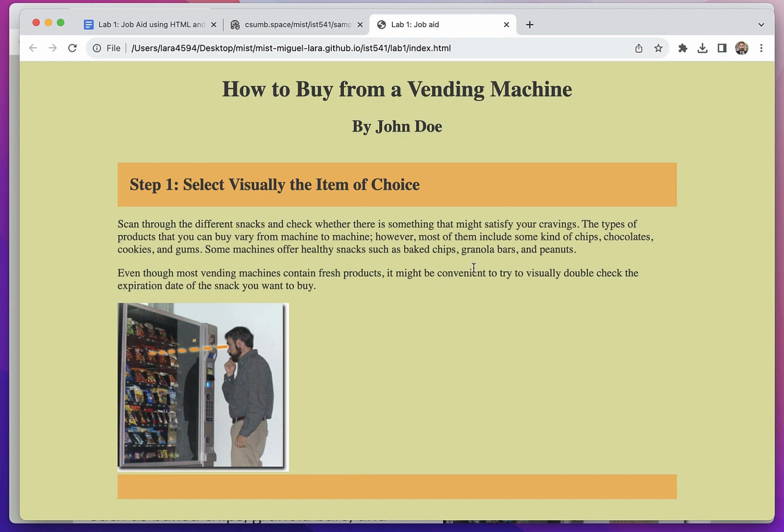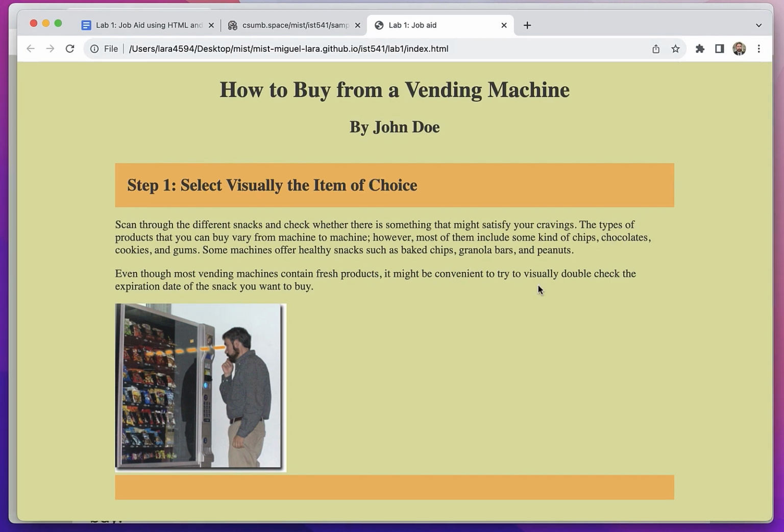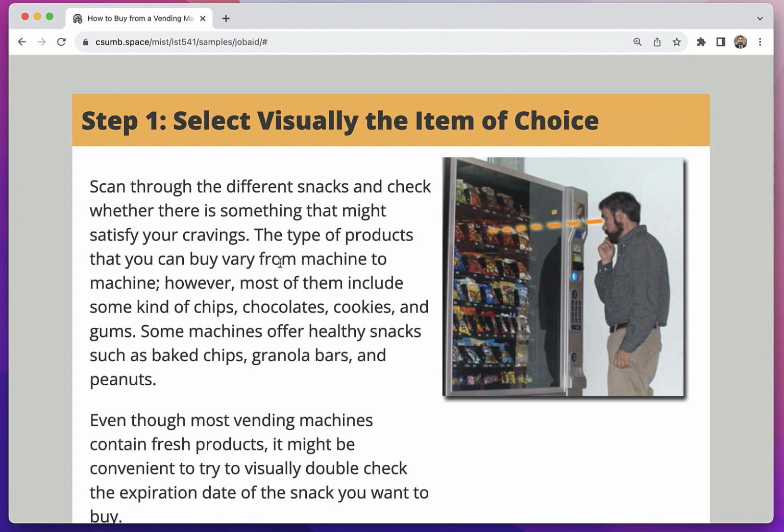All right, so we can move on adding more styles. Next, we are going to style the content of the first step. So the content includes the text description and also the image. So let us take a look at the final sample to see how we want the content to be. Okay, so we want to have a 2-column layout. In the column to the left, we want to have the text, and then the image should be in the